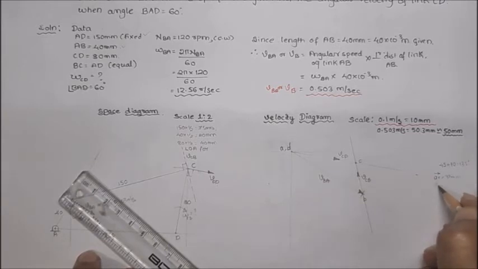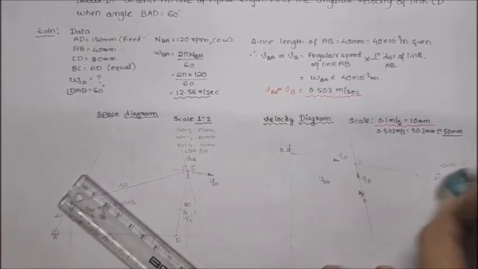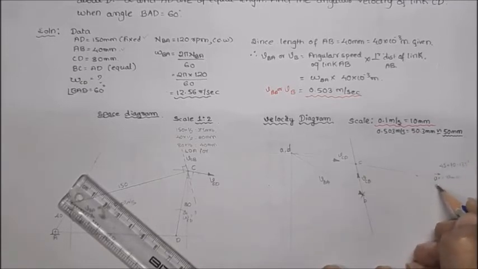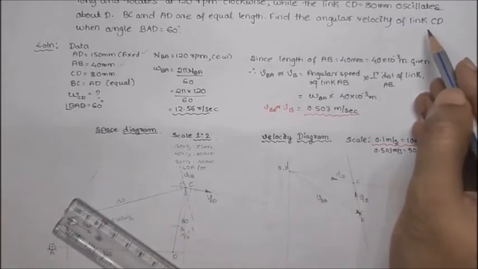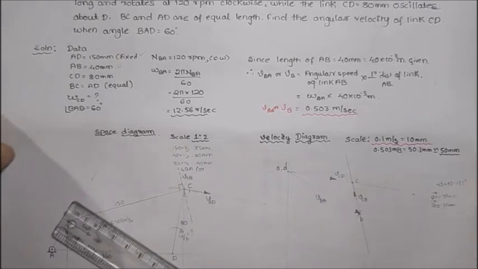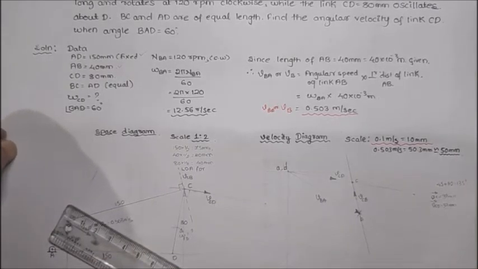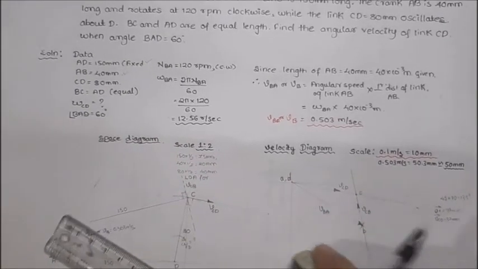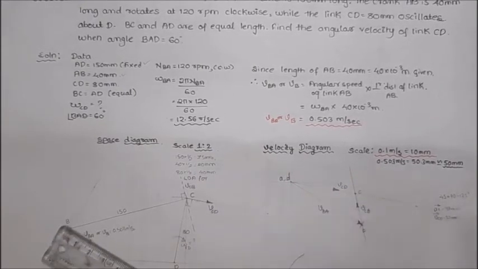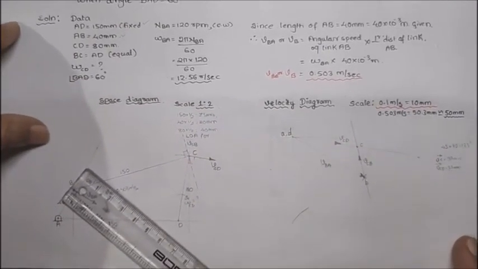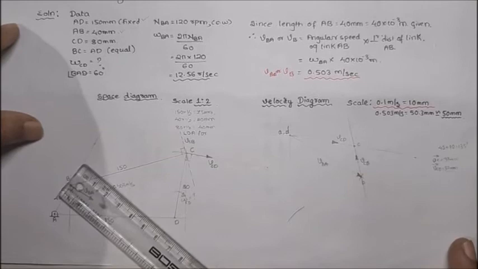Or we can write velocity vector CD equal to 37 mm, because we want to find out for a link CD itself only. We have to find out for link CD. Okay, next. So this is our diagram. Next we'll rub some of the areas so that we can write our calculations. I think it will not mind me writing it here.